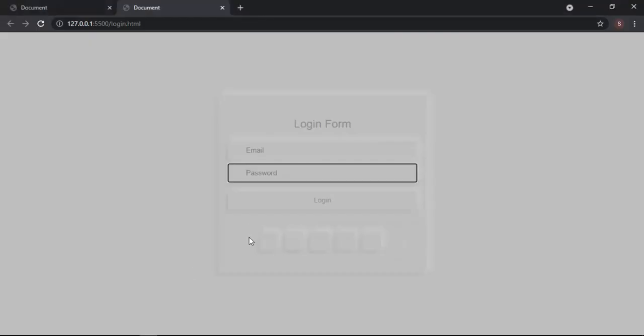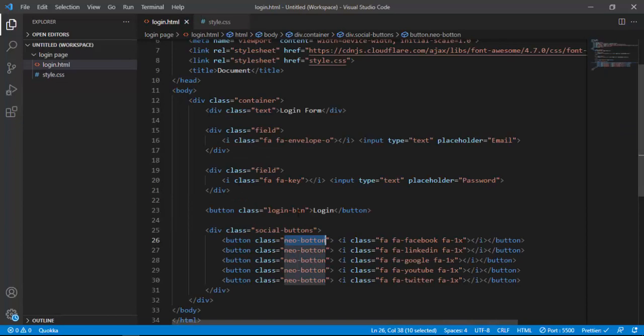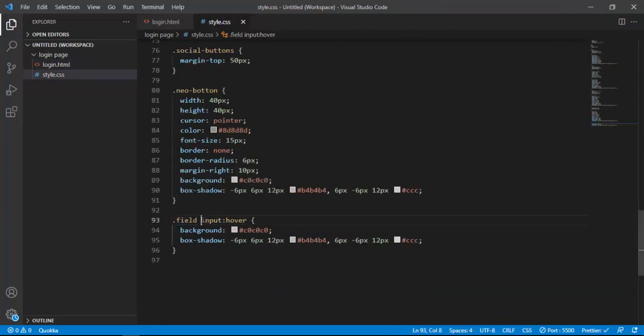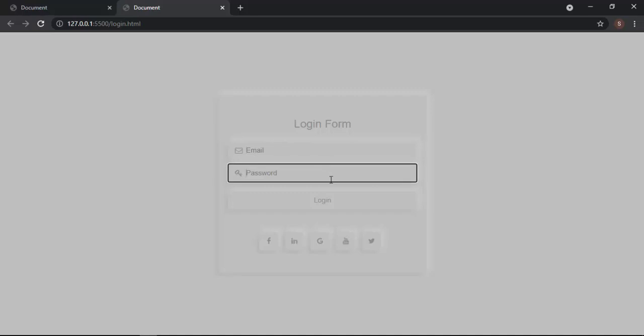And now if I refresh and hover on, nothing changed, because maybe we selected or put it in the wrong field. Let me just go here in HTML. I don't know the type field. I'm just gonna copy this, come here and paste it down. So now if I save it and go to the browser, refresh it and hover on, nothing changes,